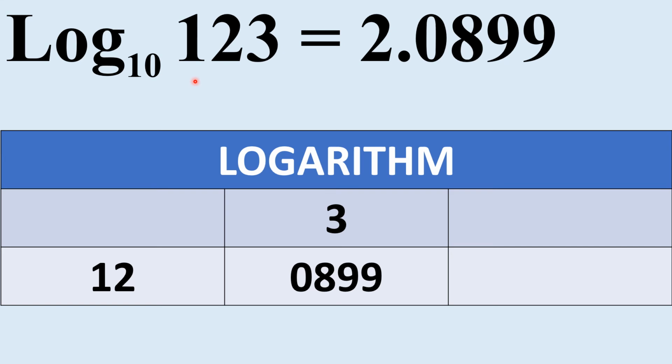Value of log 123 is equal to 2.0899. In 123, before the decimal 3 digits are there. From that 3 you subtract 1. Thus 2 is the characteristic. To write the mantissa, in front of 12 under the column 3, in the logbook you have 0899. So this 0 also you have to consider. So this 0899 you have to write after the decimal. That becomes the mantissa. So value of log 123 is 2.0899.